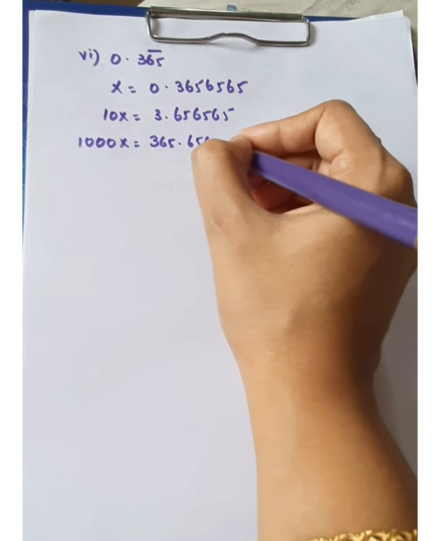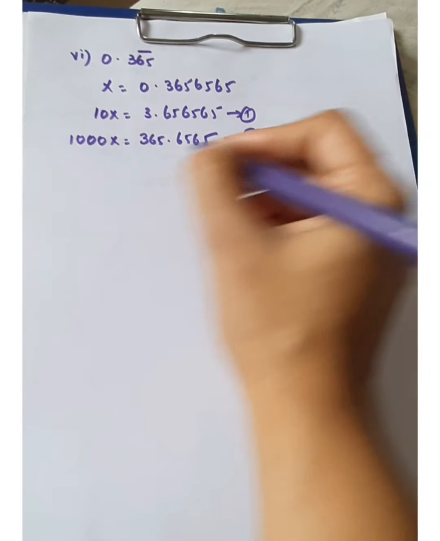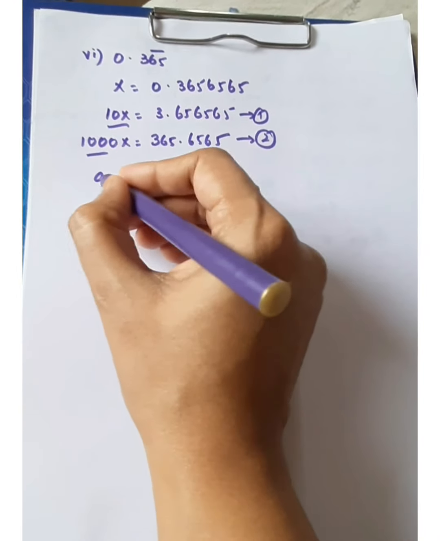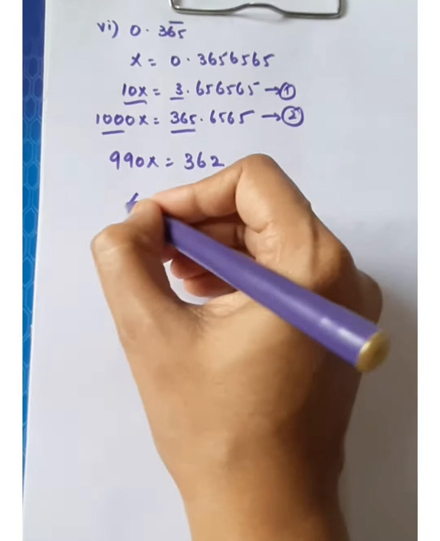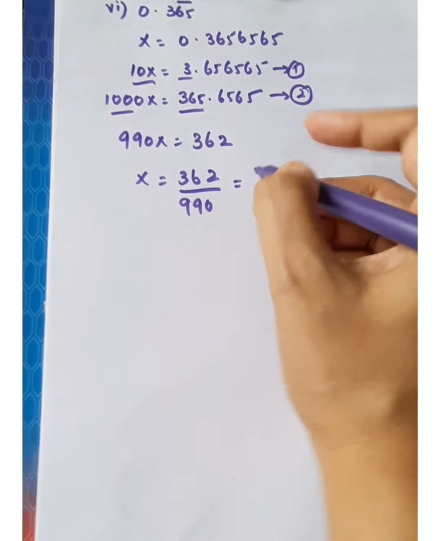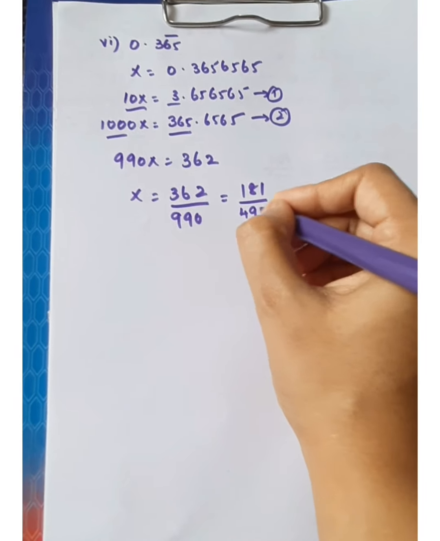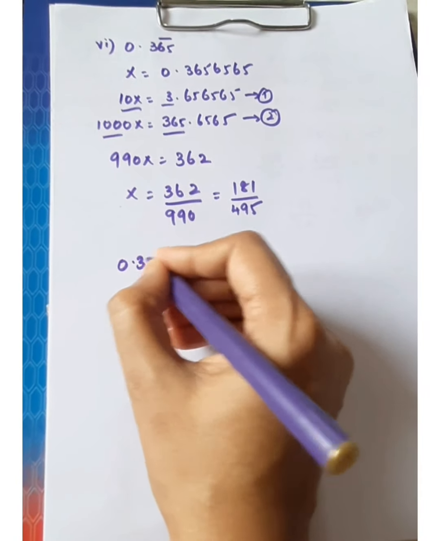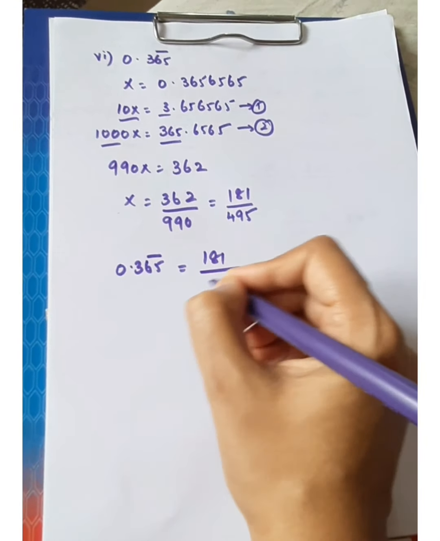Now by subtracting 10x from 1000x, we get 990x on the left-hand side, and the right-hand side is 362. So x is 362 by 990. Further simplifying, we get 181 by 495. So that's for 0.365, which is not a